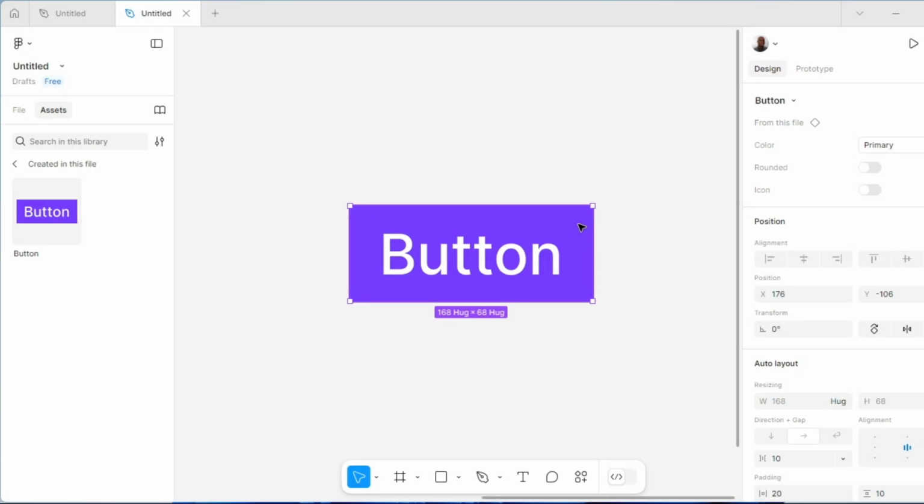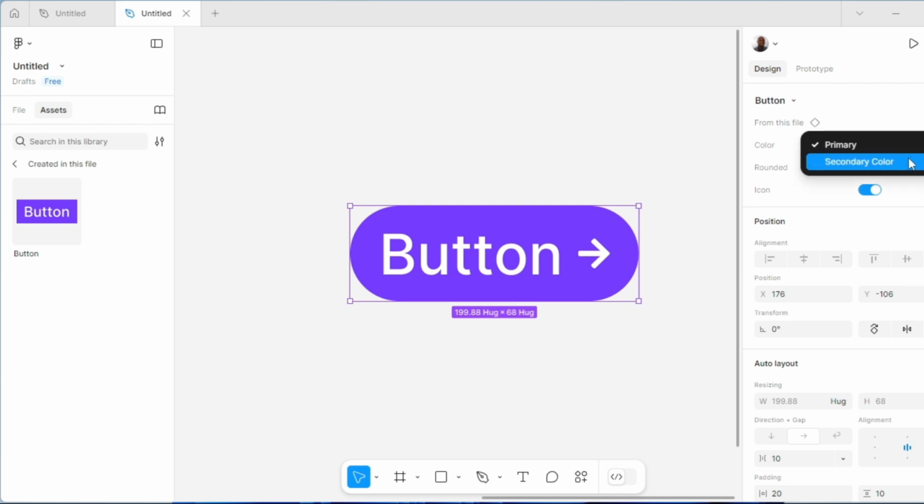In this video, you are going to learn how to create reusable button styles with auto layout and components. For instance, this particular button, if you click on this icon, it's going to change to a rounded button. Also, if you want to add an icon to it, you are going to see the icon is going to be applied. Likewise, you can change the color to secondary color,